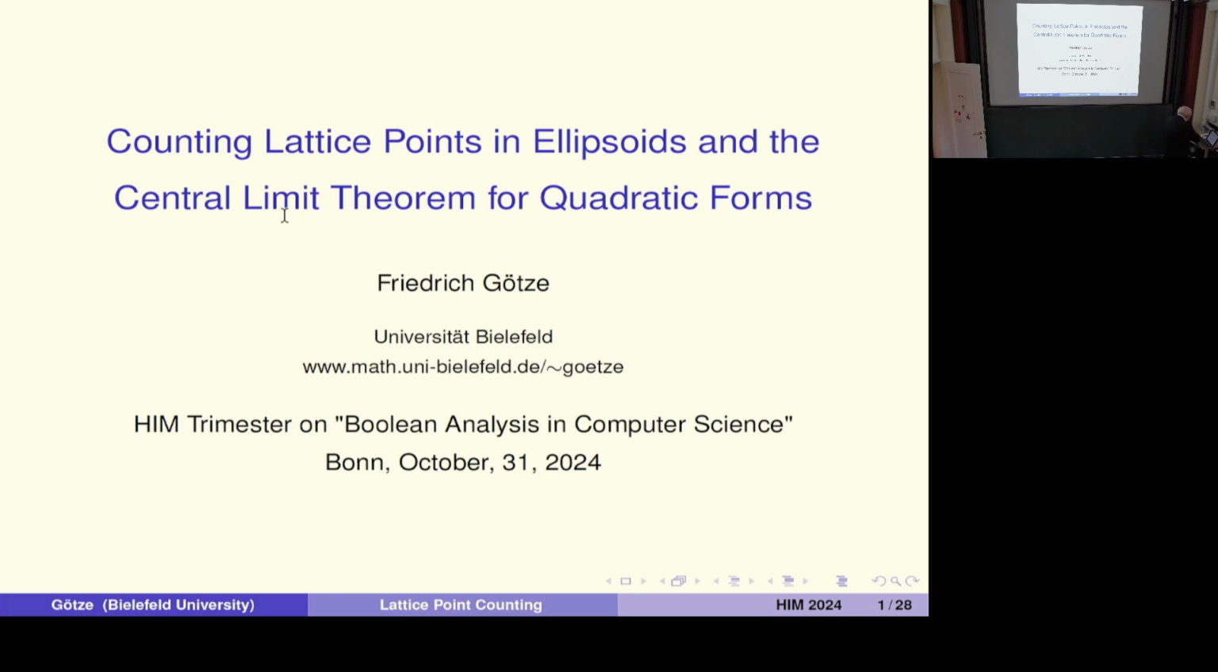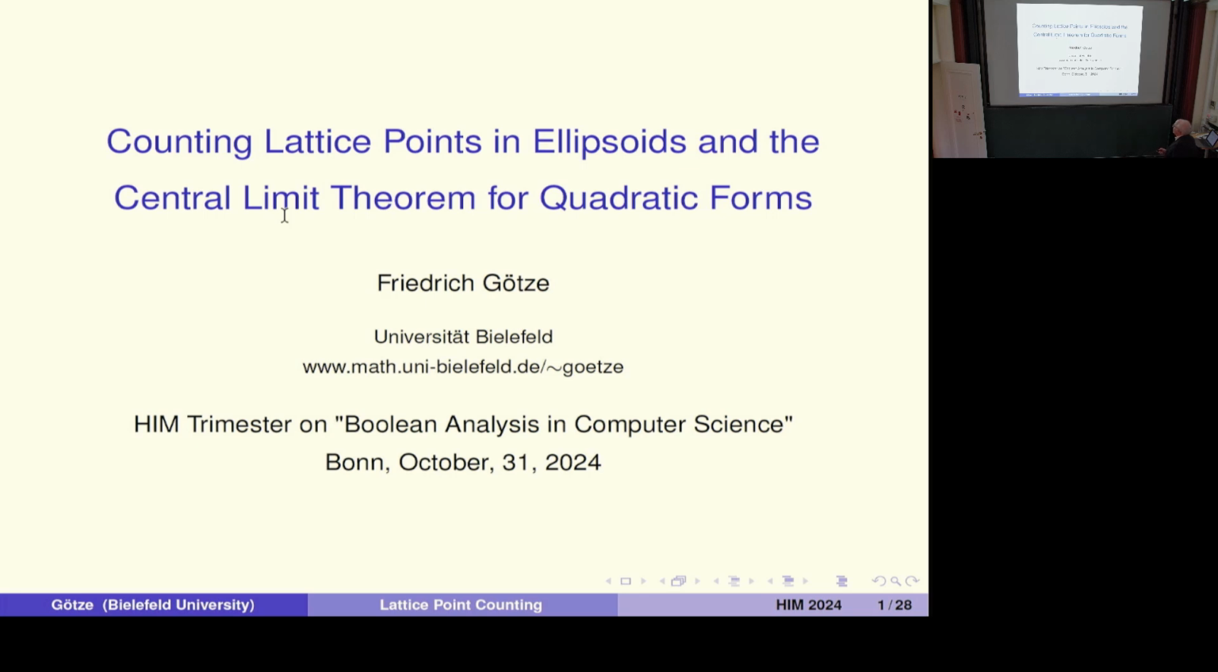So, when I first looked at the title of this trimester, I thought, well, maybe a little bit tangential to what I was trying to tell you. But Sergey said, well, this is maybe of some interest for some applications. Well, let's see. So it's about lattice point counting, a very classical problem in mathematics, and this multivariate central limit